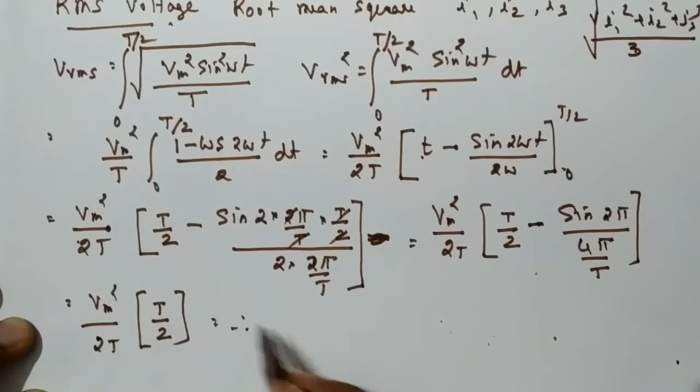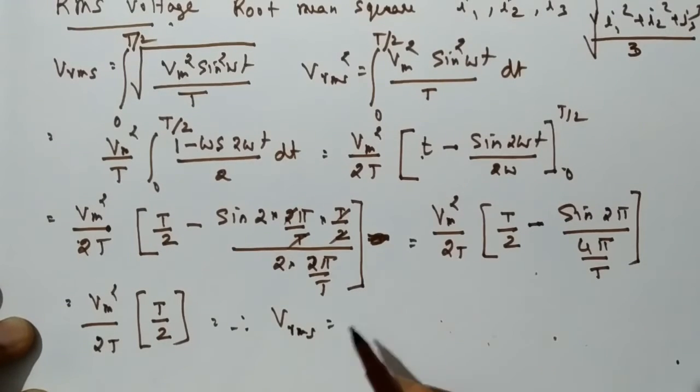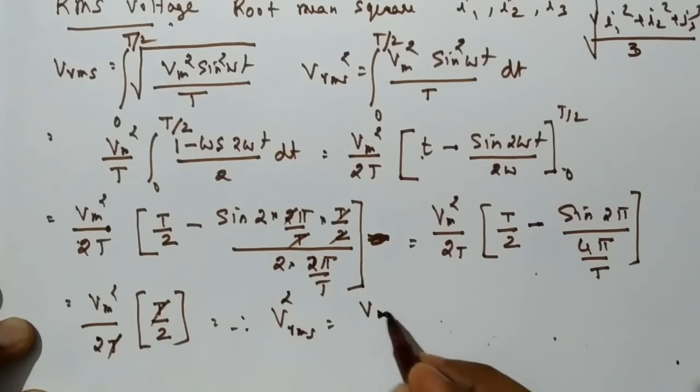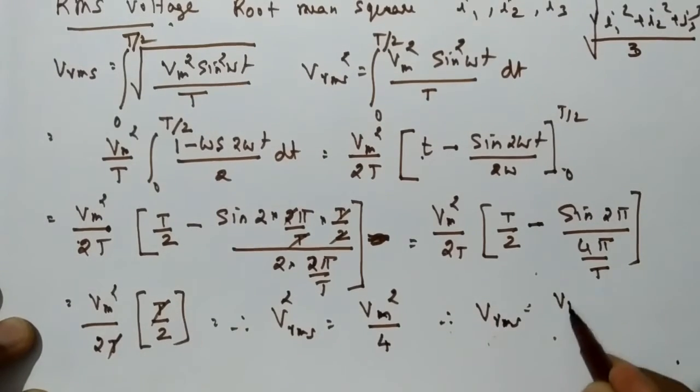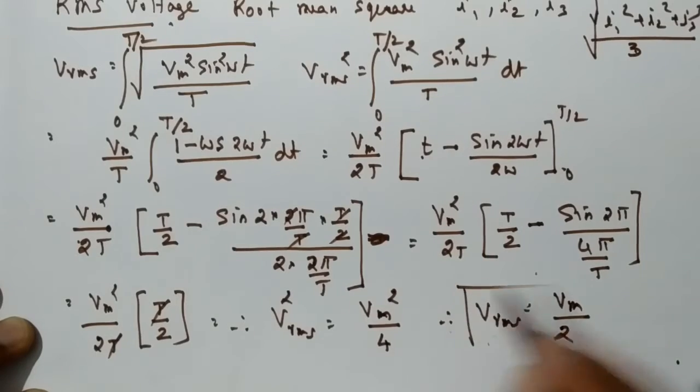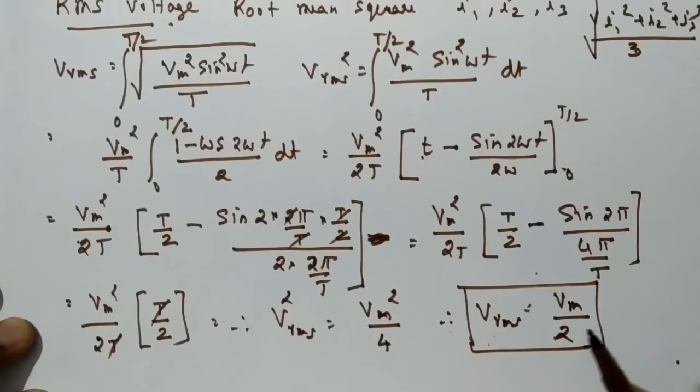Therefore this T gets cancelled, and this is Vrms square, that is equal to Vm square divided by 4. Therefore Vrms is equal to Vm by 2. So it is not Vm by root 2, it is Vm by 2 in the case of